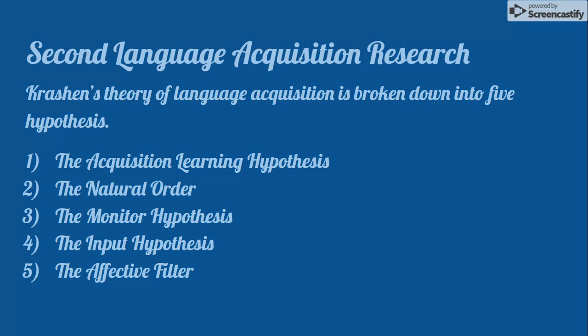So the affective filter can sometimes be considered a student's frustration, confusion, or anxiety. And of course, this can positively or negatively influence a student's learning and acquisition within a classroom. This is something essential for teachers to be aware of when designing content and instruction, because of course there are certain activities that can trigger this anxiety or frustration, and actually some of these activities can be more detrimental for a learner's acquisition than beneficial. So something to definitely keep in mind.